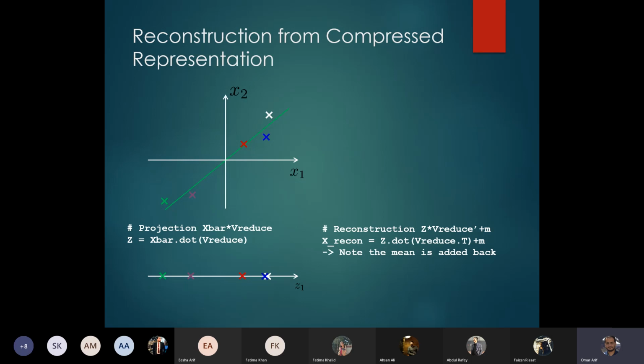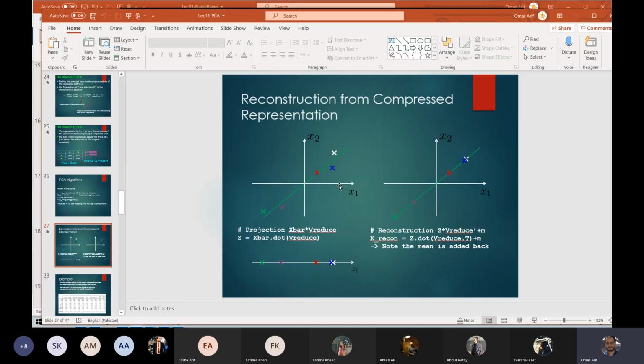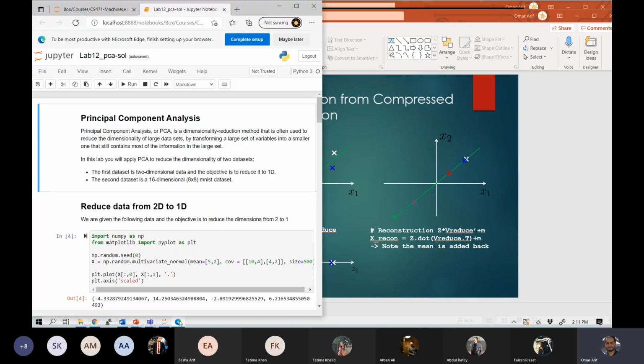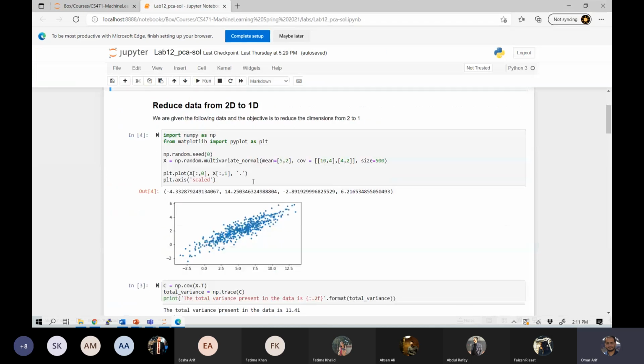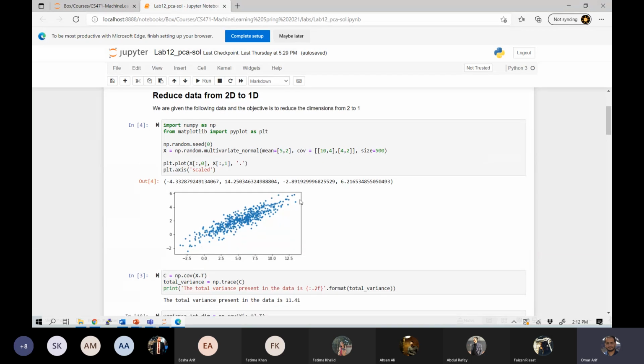So let's also look at the labs, because I think that is going to help us in understanding PCA much better. I hope you have already gone through the lab and done most of it. So this would be a kind of revision. In the lab also, we started by looking at the reduction from 2 dimensions to one dimension. This was the example given to you, that this is the data generated from a Gaussian distribution